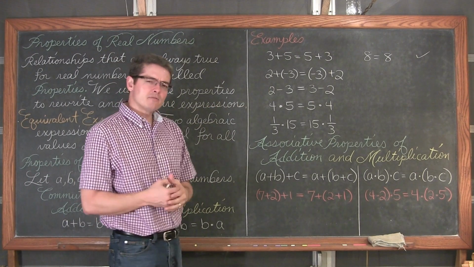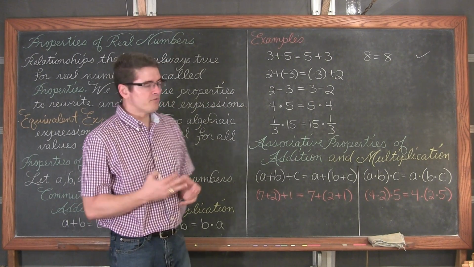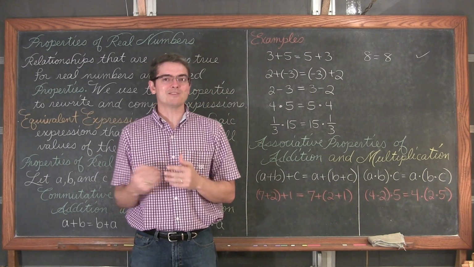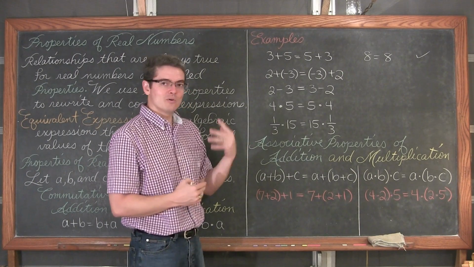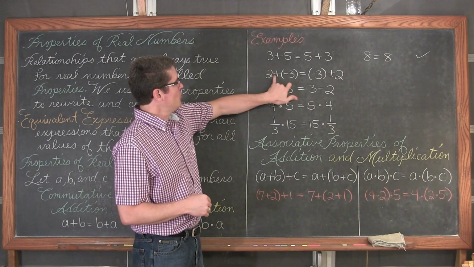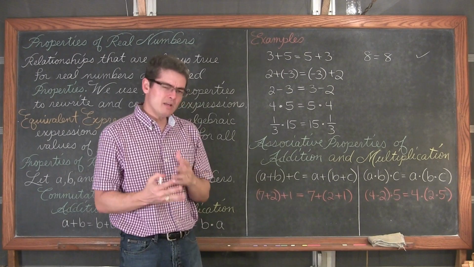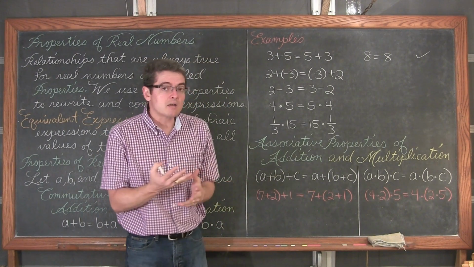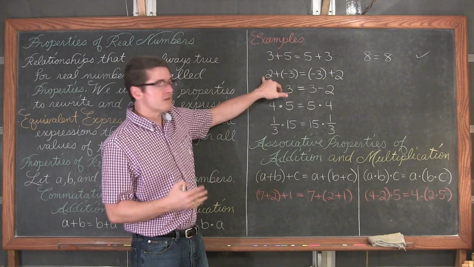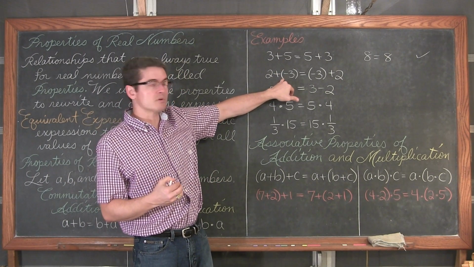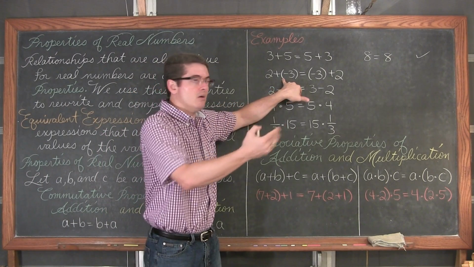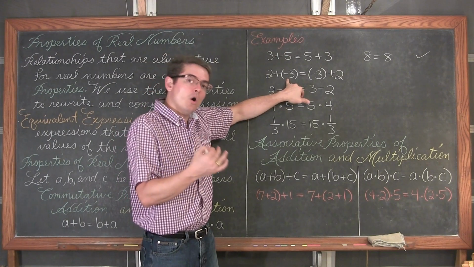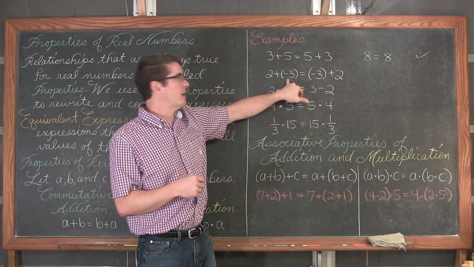Now here I've got some negative numbers going on, and hopefully we're a little bit comfortable with positive and negative numbers, combining them. If not, we will be talking about that in the next section of our next lesson for algebra, where we have 2 plus -3. You can think about positive and negative numbers a couple of ways. You can talk about money: a positive number is money coming in, and negative numbers are money going out. So if we have positive $2 and we want to spend 3, we're going to be short or owe $1, giving you an answer of -1.